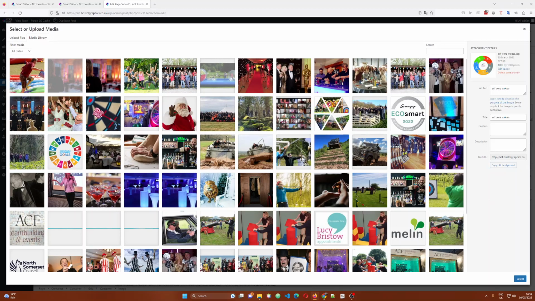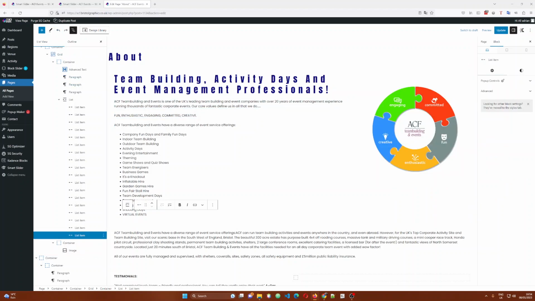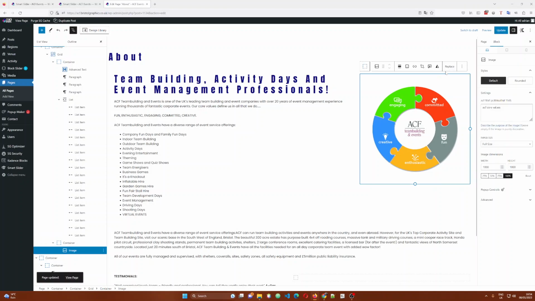So if I wanted to have this instead, I can select it and there you go. There is a different image. Now I don't want that, so I can go back in and find the correct image and put it back in there, or I can click this backward button here and this takes you back to where I was. You will notice as well that when I replace that image, let me just open the media library again,